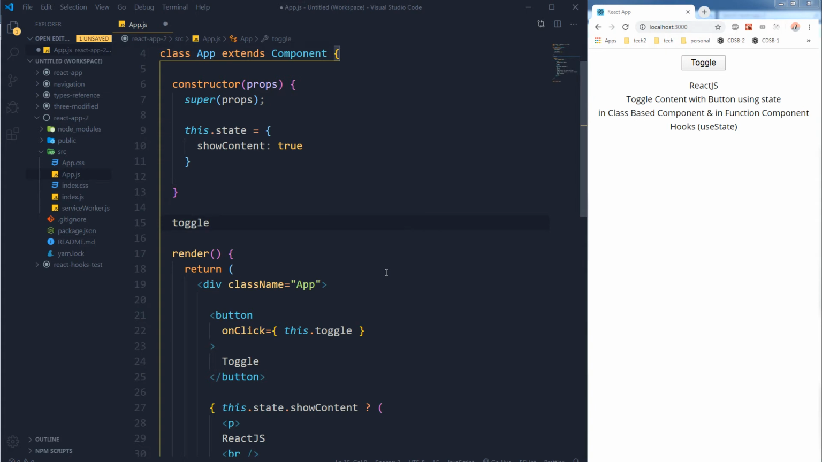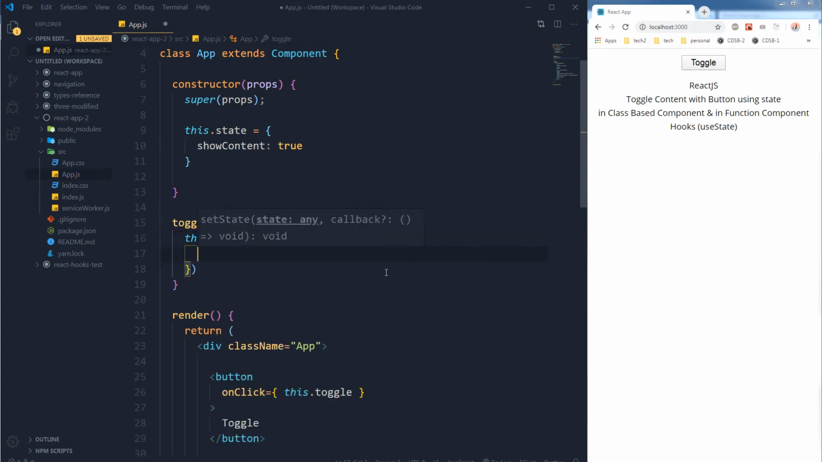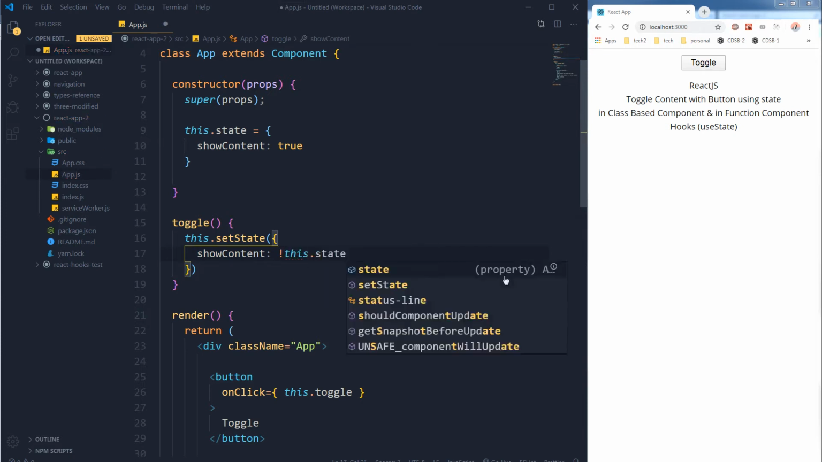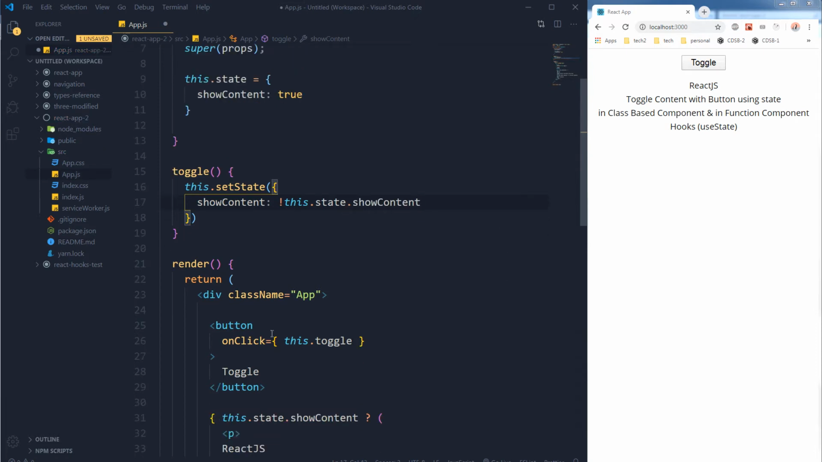Toggle, this.setState. State has got this value. We want to toggle this value, and we will use not this.state.showContent, that value again. It means when I click at that button, fire this function, and inside this function we say